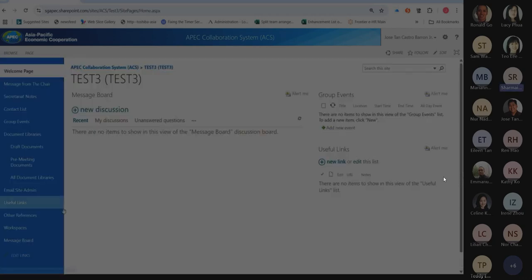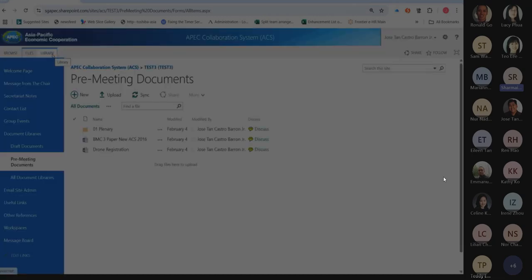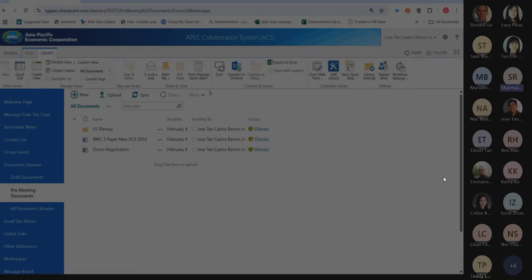So I usually get a question. That's why I added it as a topic for today's refresher: how do I make sure that the people that are accessing my site have read-only access to that folder? So let's use pre-meeting documents as an example. If I click pre-meeting documents, again, there will be a tab on top. It should be a list or a library. Just click library. Then go to library settings. Since you're the PDs and PEs for that forum,